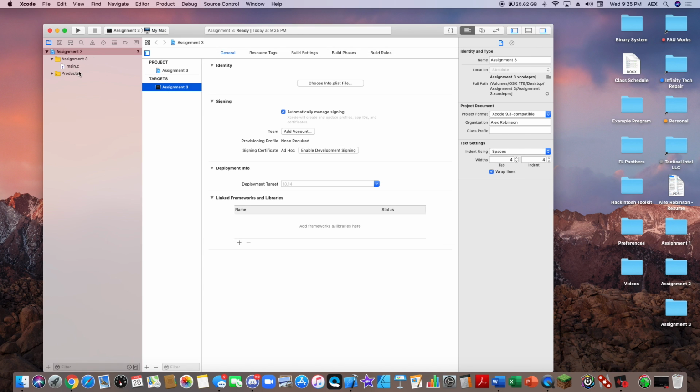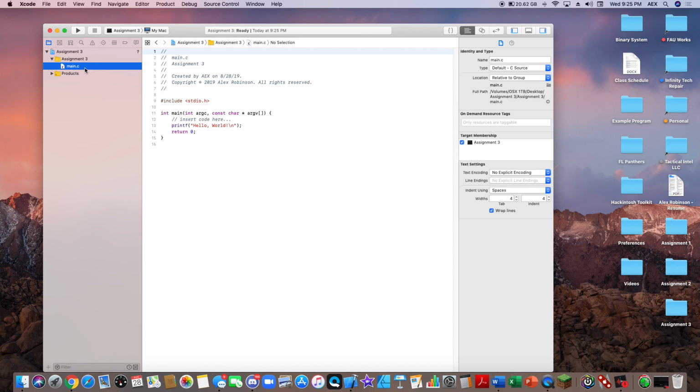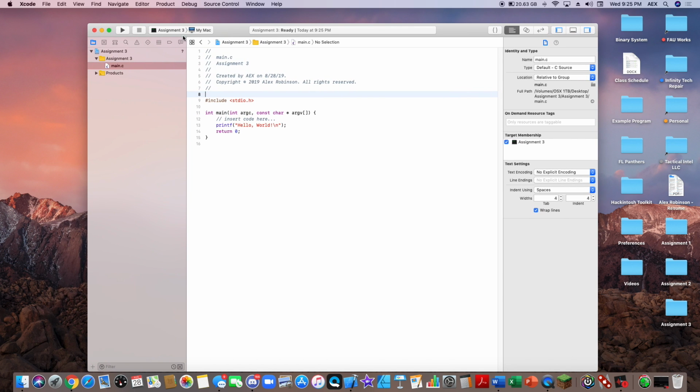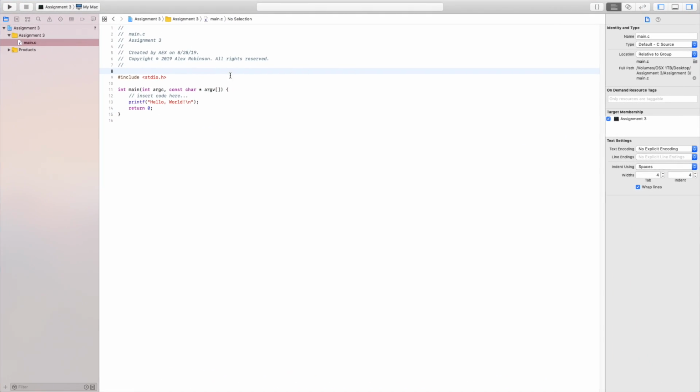To actually edit your source code, you don't even have to worry about any of these things. You can just go straight to main.c, which is the source code file. Just like I said, it has my name right here, copyright 2019 Alex Robinson. It's always going to add that in as long as your name is in those fields that I showed you earlier. Every time you create a project, it will open with the most famous Hello World,